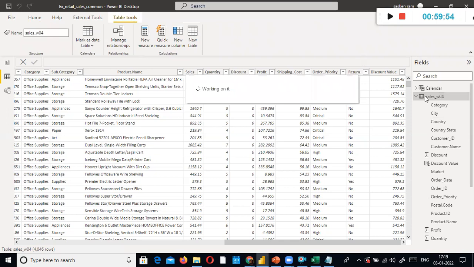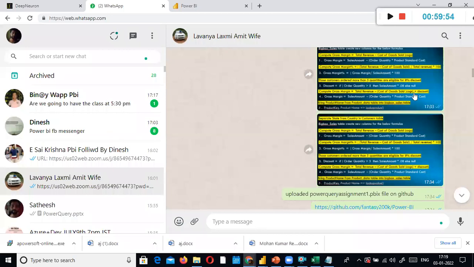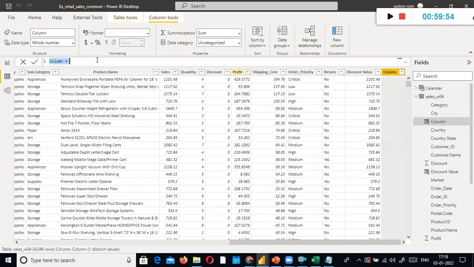You are going to create a new column because you wanted to apply a new business logic. What is the business logic? An IF condition here, okay? We are going to create a column called discount. I already have a discount column here. What I do is I say something like discount values, something like that, okay?